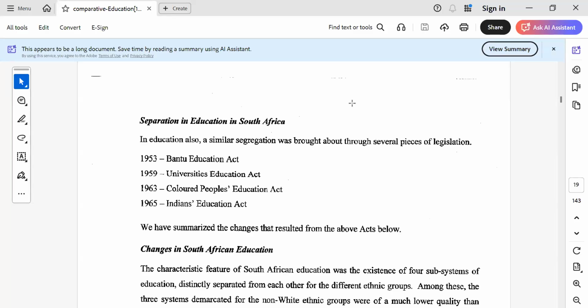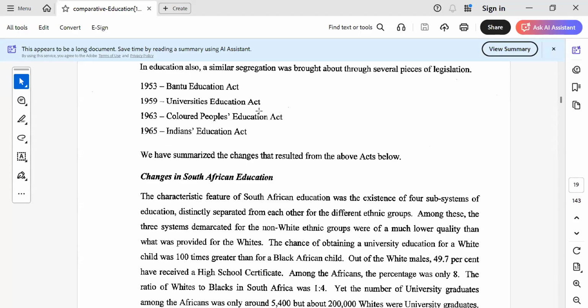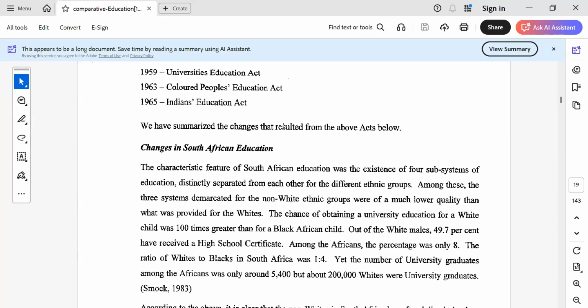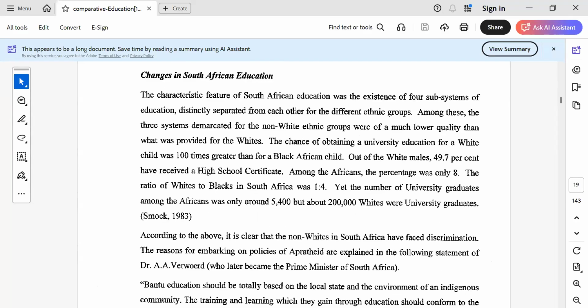So we have summarized the changes that resulted from the above acts below. They formulated 4 acts, right? So what is the impact of these acts? Changes in South African education. The characteristic feature of South African education was the existence of 4 subsystems of education, distinctly separated from each other for the different ethnic groups,